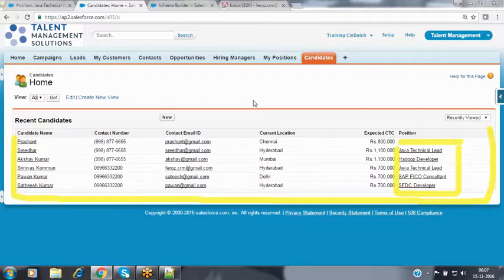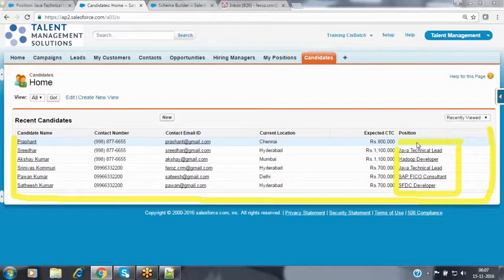Whenever you have a master detail association between two records inside the objects, every child record has to be associated with a parent record. So if you are converting the lookup to master detail, it will verify whether each and every child record has been associated with a parent or not. If each child record has been associated with a parent record, then only it will allow you to convert that lookup to master detail, or else it won't allow you to convert. So this is the logic available here.